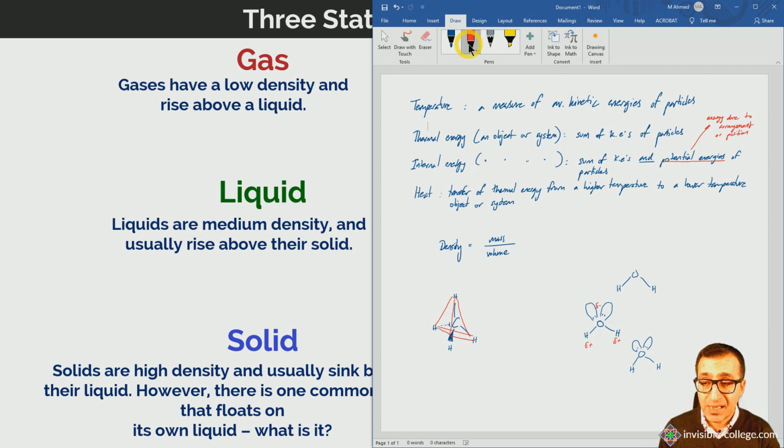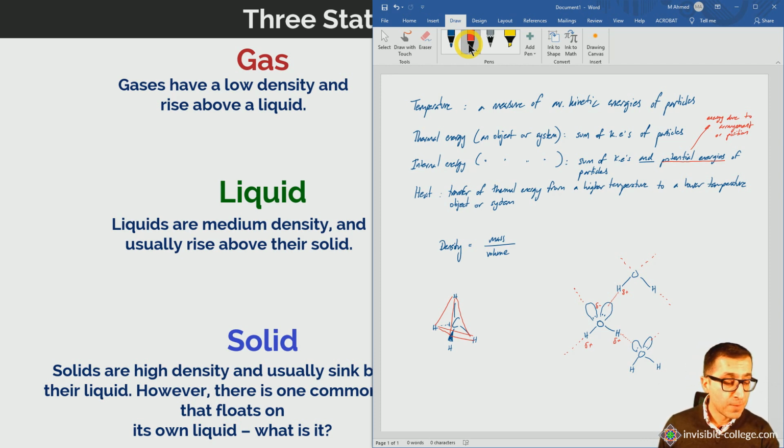And so what happens is the slightly positive hydrogens on one water molecule will be attracted to the lone pairs, these regions of negative charge on an adjacent water molecule. And this happens all the way through solid water. And so in solid water, this tetrahedral arrangement of hydrogen bonds around these water molecules in 3 dimensions leads to the solid state of water actually being less dense. These molecules are further apart than they otherwise would be if you didn't have this tetrahedral arrangement of hydrogen bonding